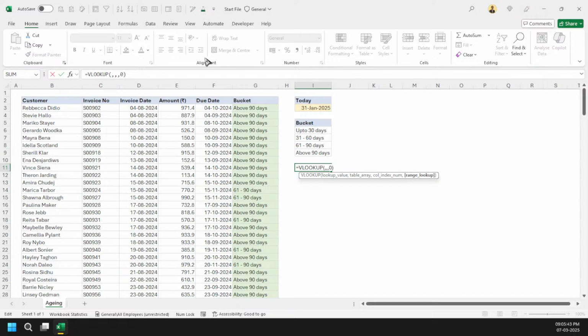We are always taught that 0 means you will find the proper values, 1 means you won't. No one has taught us the meaning of approximate match.